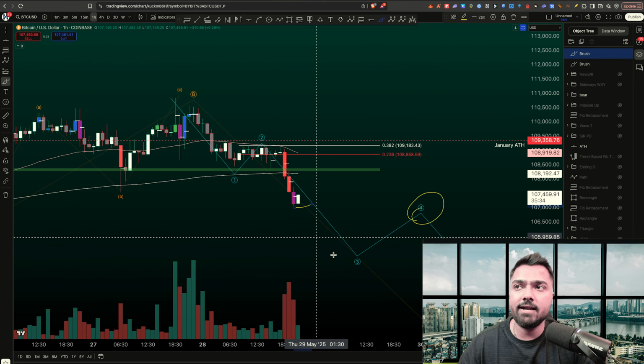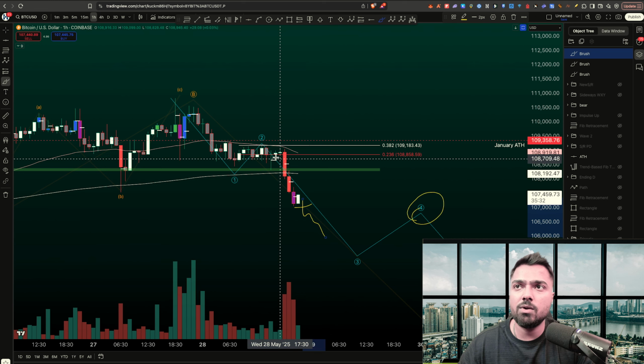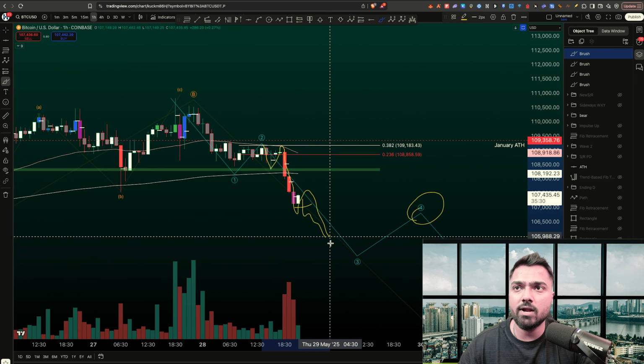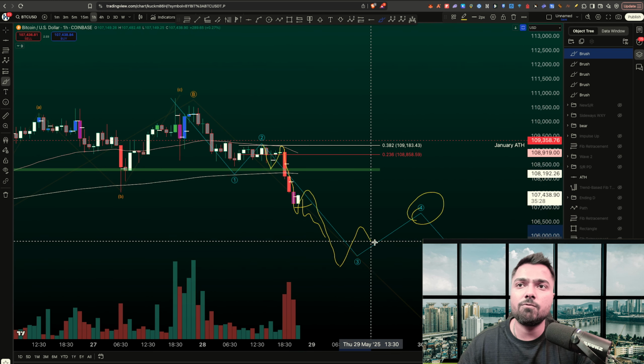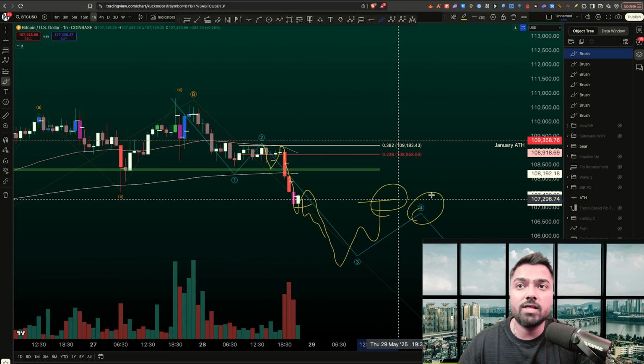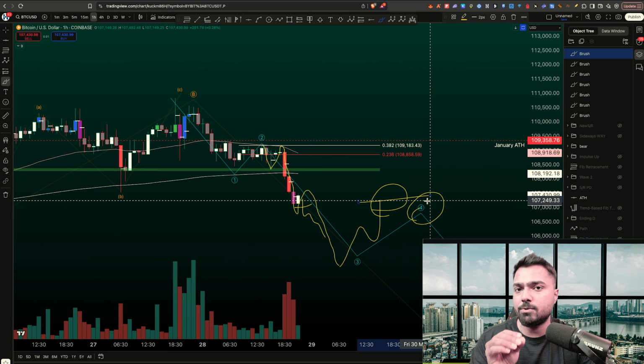Now, wave 3 can end right here, or it can go a little bit lower because this could be just 1, 2, 3, 4, and 5 in your wave 3, and then we look for a 3-wave move up in your wave 4. That would be a good shorting opportunity as well for a wave 5,